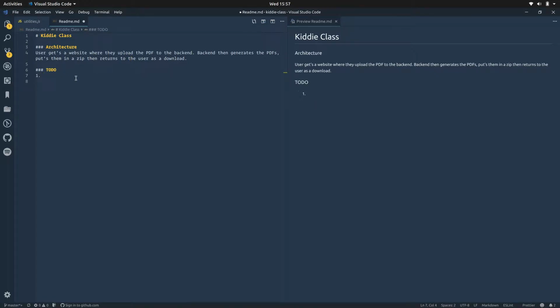So the first thing we need to do is, I like to work back to front. I have a general idea, but I like to work from the back end first, since that sometimes influences how the front end would be. I think a better way to do it is to do the front end, to concentrate on the user experience first, then build the back end accordingly, but I'm lazy, so yeah. So we do the back end,